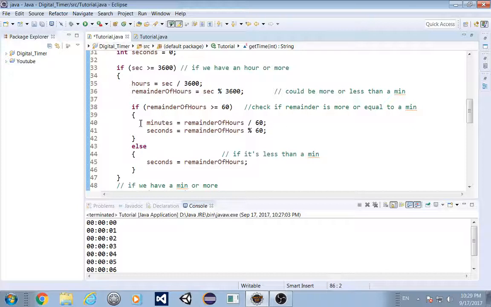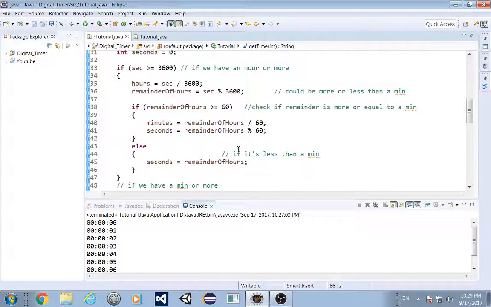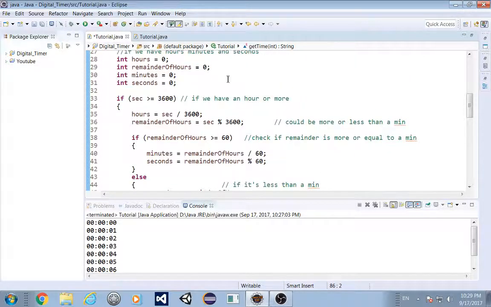If it is, then we calculate how many minutes by dividing that number by 60, and how many seconds by getting the remainder of that division. Or if we have less than 60 seconds, then we set our seconds to that remainder, and in this case we don't have any minutes. So minutes is gonna stay as 0.